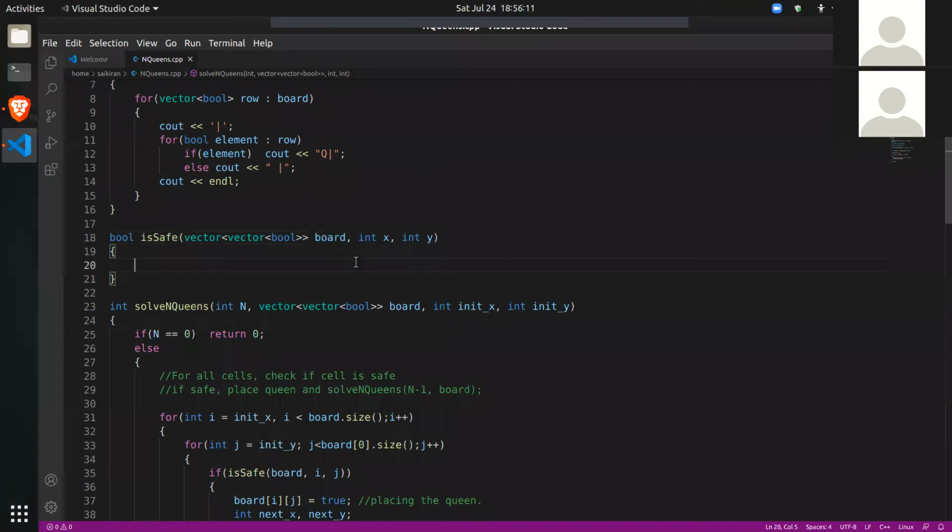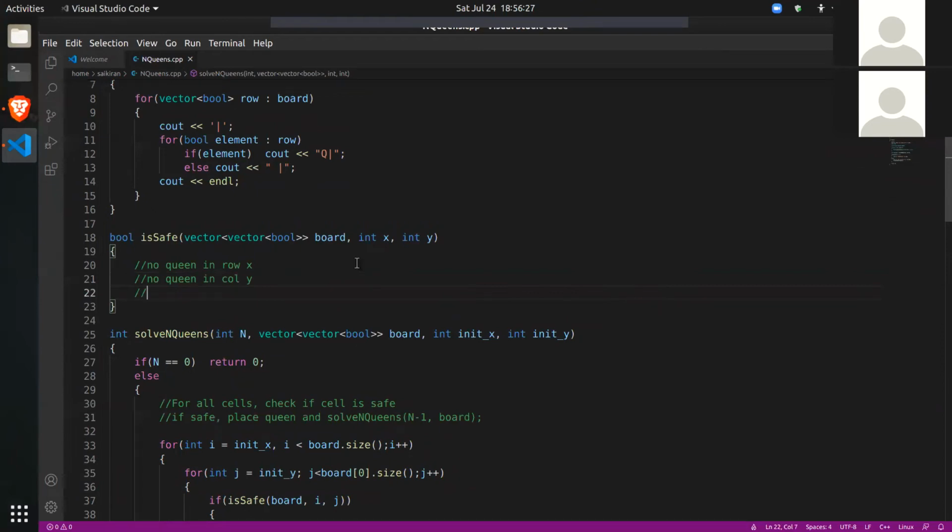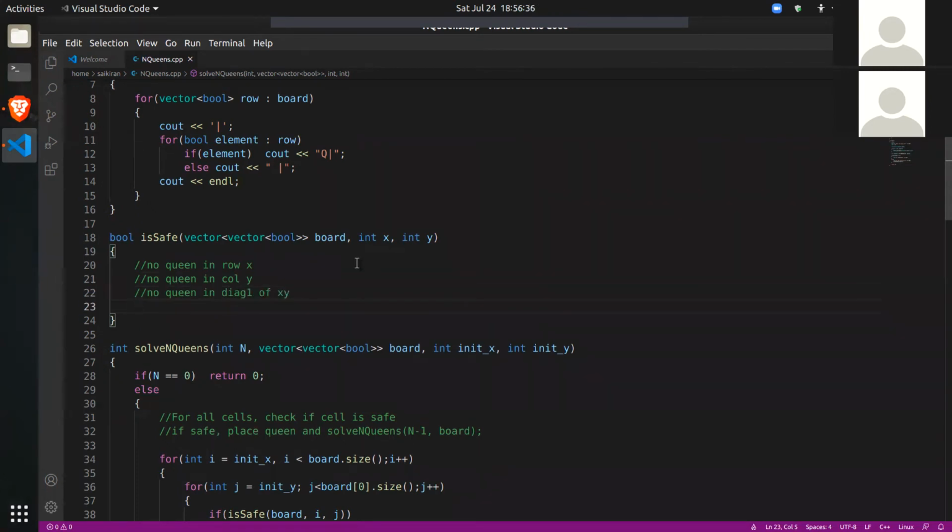How do we do this? So first of all, there should be no queen in row x. Second, there should be no queen in column y. Third, no queen in diagonal 1 of xy. And fourth, no queen in diagonal 2 of xy. Let me explain what I mean.